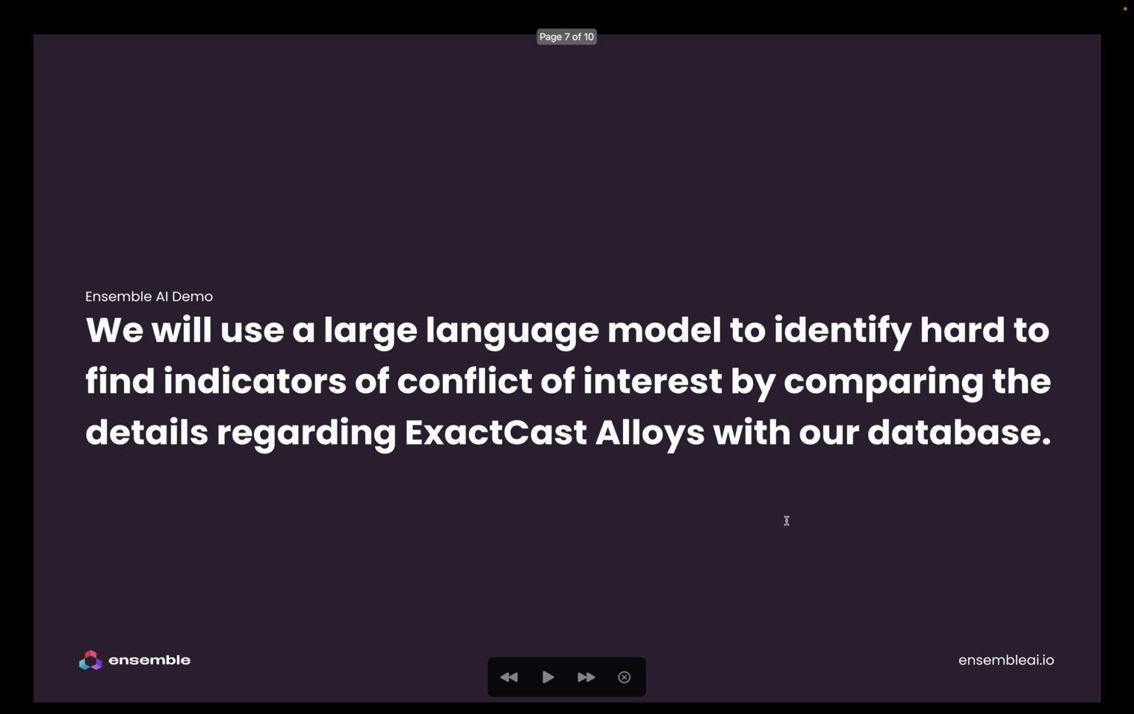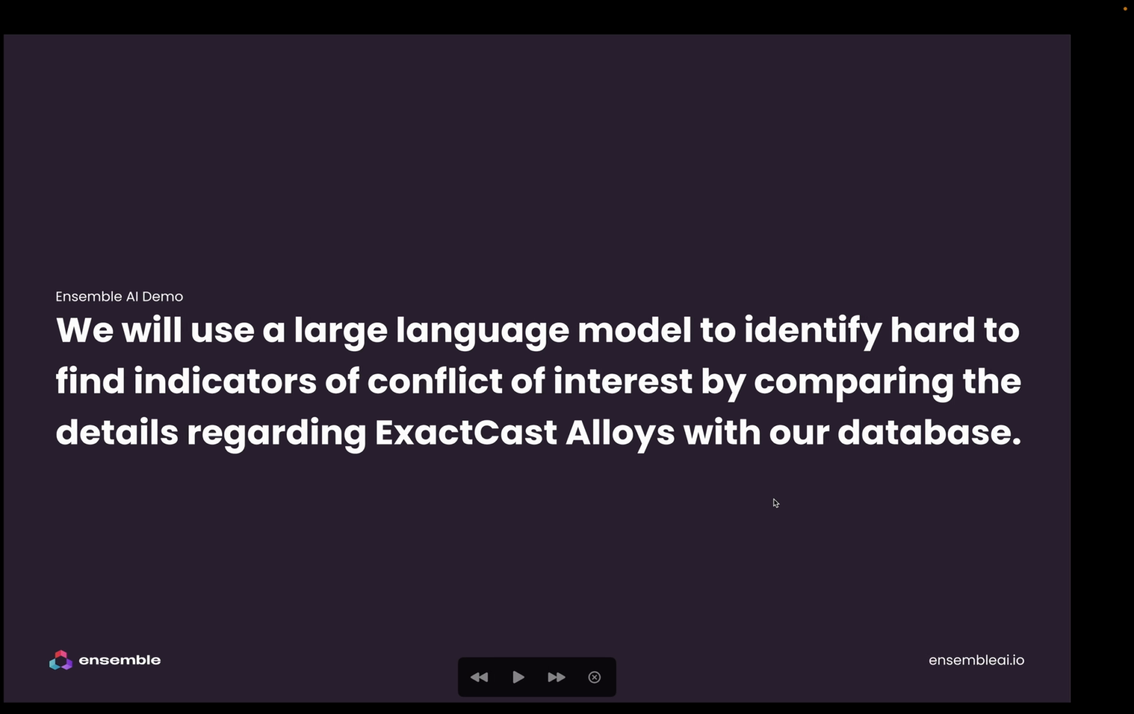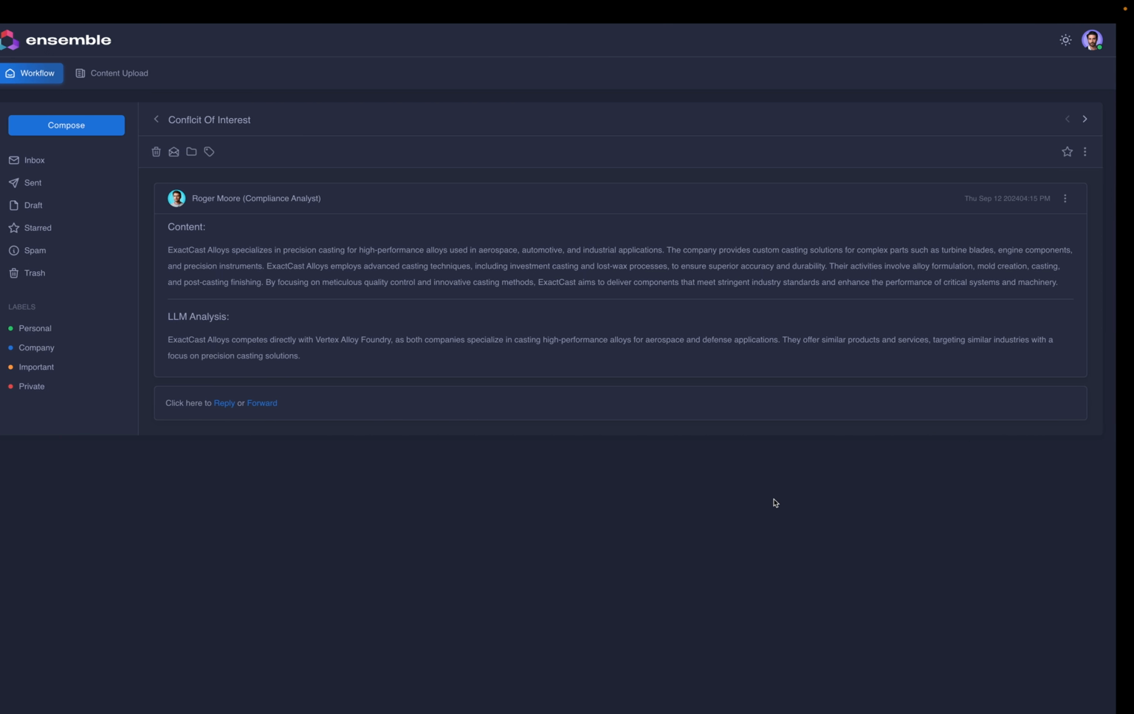And what I'm going to demonstrate now is using a large language model to identify the relatively hard to find indicators. So I'm going to take this description of Exact Cast Alloys. I'm going to compare that with our database of 1,000 organisations, and I'm going to try and tease out any conflicts of interest within that data set. So the way this looks is